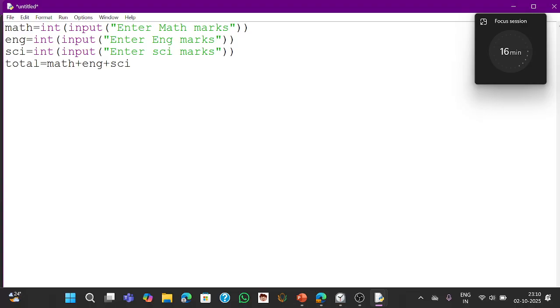I'm calculating total. And also, if I have to calculate average, I don't want to write average completely, or the whole spelling. I'll just write it as AVG. Then, how do you calculate average? It is the total number of marks you have obtained divided by the number of subjects. So I am taking only three subjects, so I'm taking total divided by 3. Now let's print